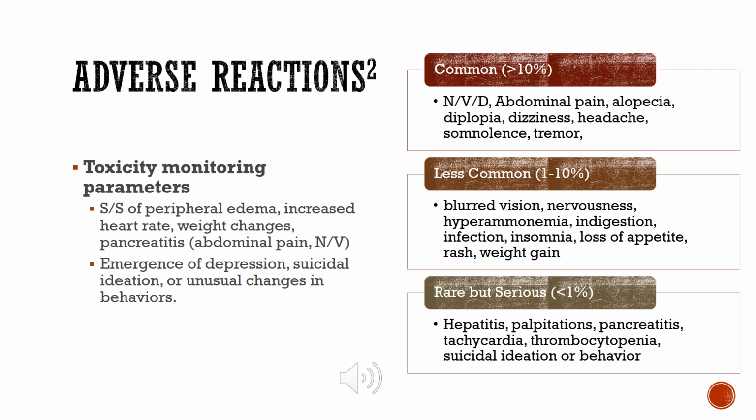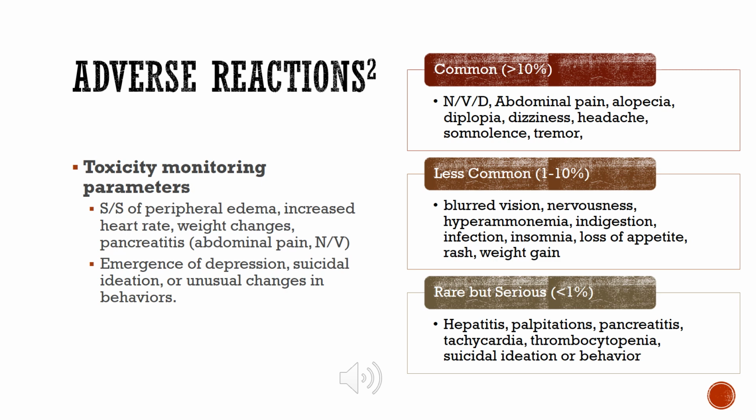Less common side effects, which happen in 1 to 10% of patients: blurry vision, nervousness, hyperammonemia, indigestion, infection, insomnia, loss of appetite, rash, and weight gain. The rare ones, which happen in less than 1% of patients: hepatitis, palpitations, pancreatitis, tachycardia, thrombocytopenia, and suicidal ideation or